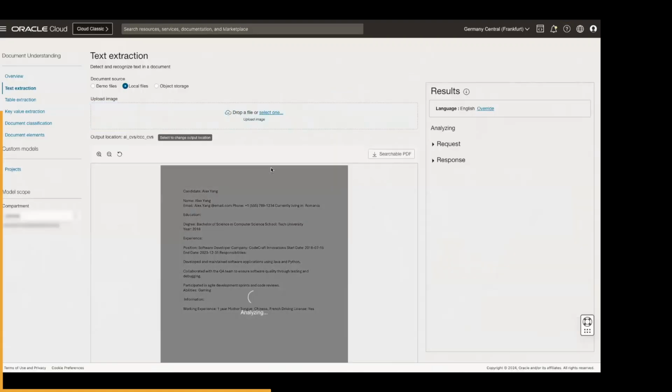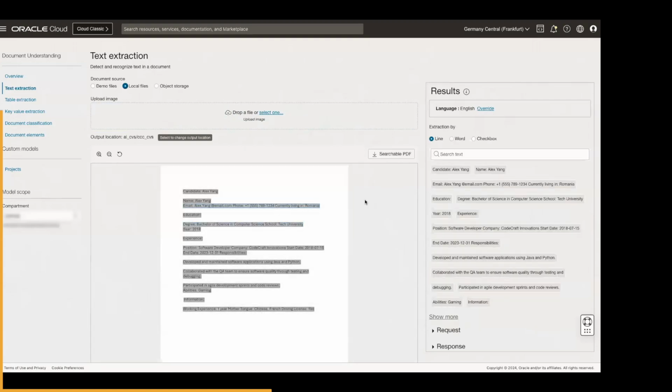This is an Alex Young candidate, a fake CV that we have. And this is the way we are extracting the data. We are using the OCR capability in the pre-trained text extraction model. In this case the format of the CV is just text. If we have tables, we could use table extraction. And if it's something more complex or very specific, we can create our own custom models